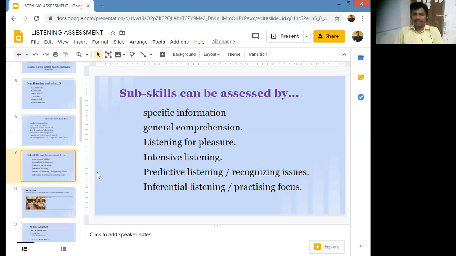Why would it be for the practicing purpose? We must know the better and the best practices of listening skill, because we can't learn the language without practicing the listening skill, because it's the first stage of learning language. So having those sub skills, we will be more clear with the assessment of listening skill.